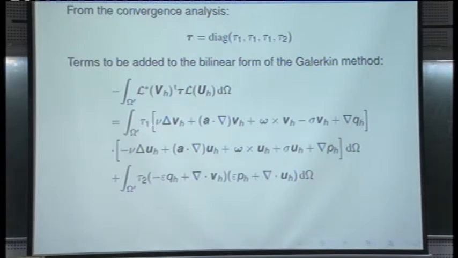And you see here we have a change in sign. We have a gradient of v, because minus minus is a plus, so there is a minus. The convective term changes sign, but we have a minus here. The Coriolis force changes sign, but we have a minus here. The porosity term changes sign. The gradient of the pressure changes sign, but we have a minus, and that's what we get, plus these terms. So,